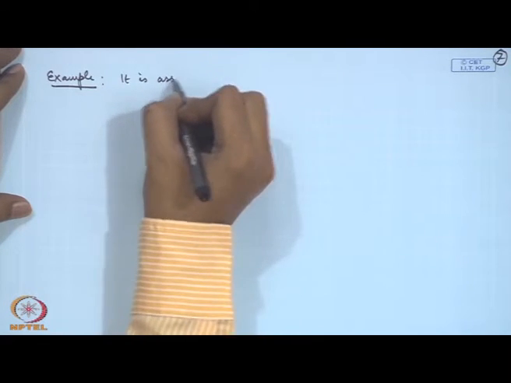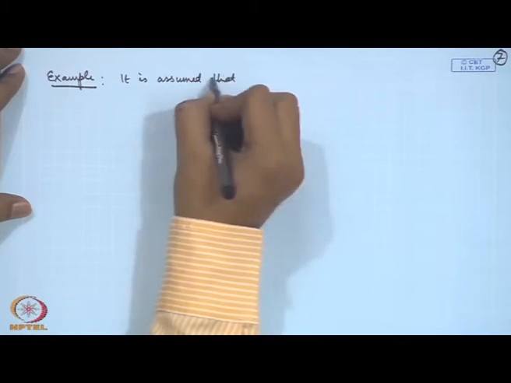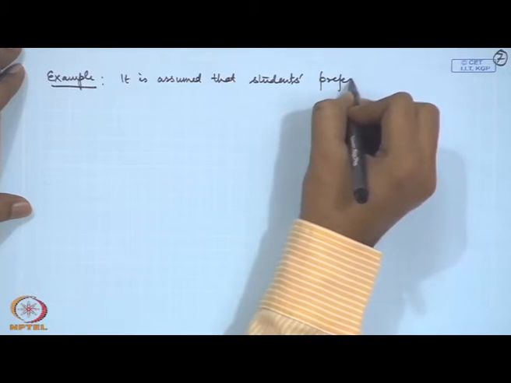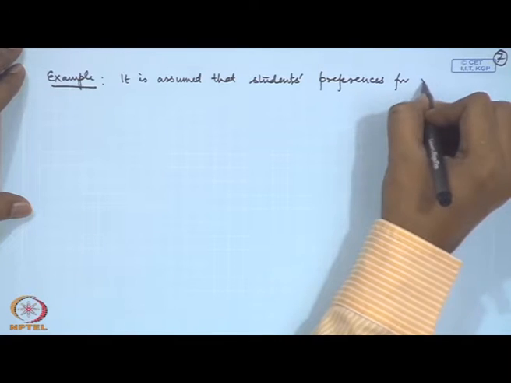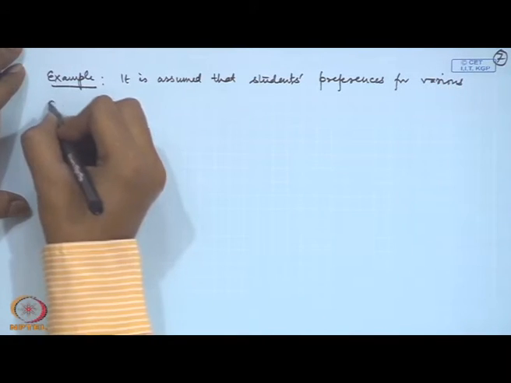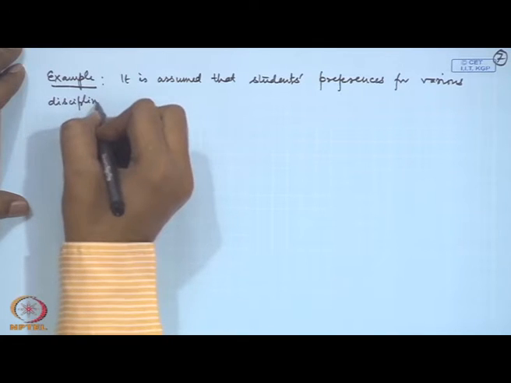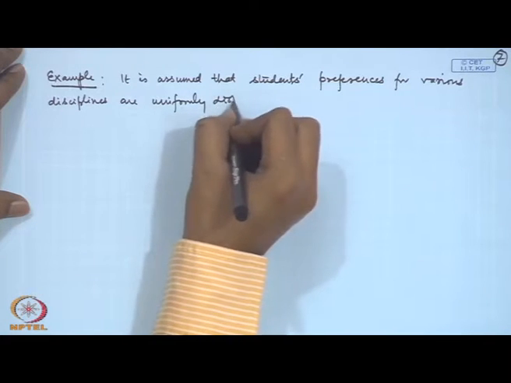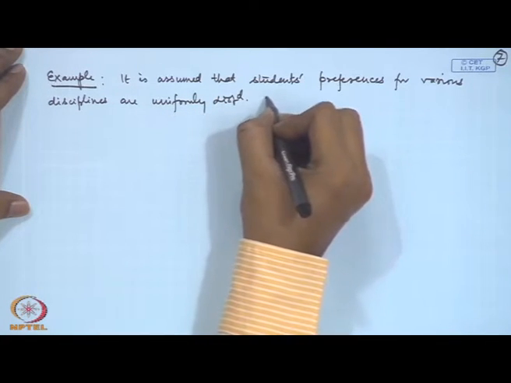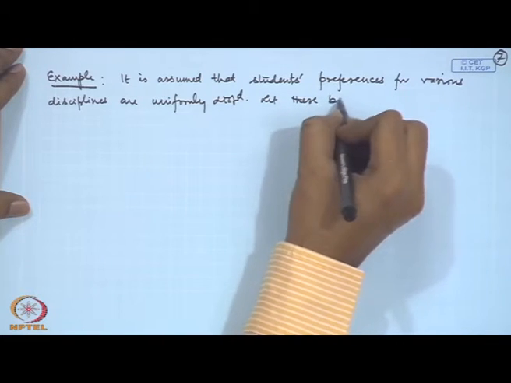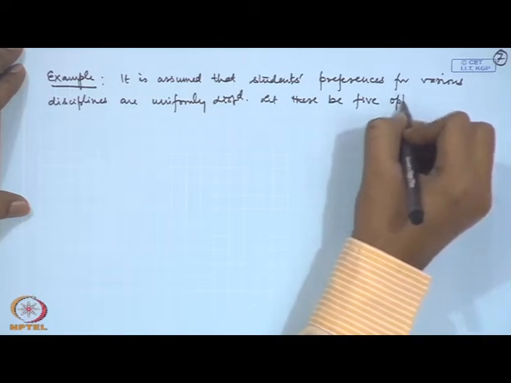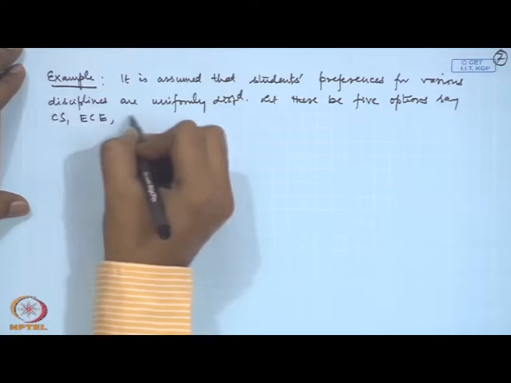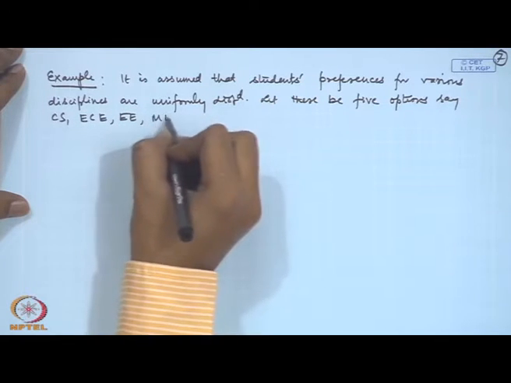It is assumed that students' preferences for various disciplines are uniformly distributed. So, let there be 5 options, say CS, EC, EE, ME and CH,